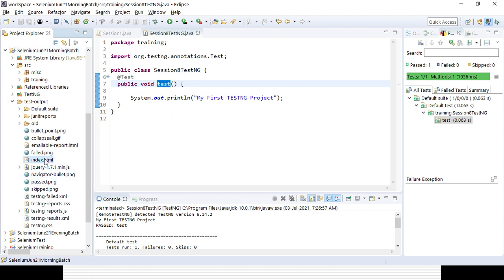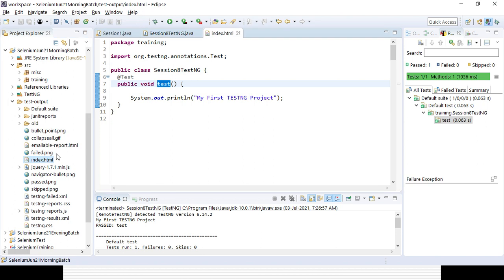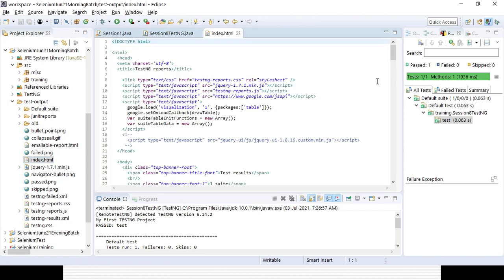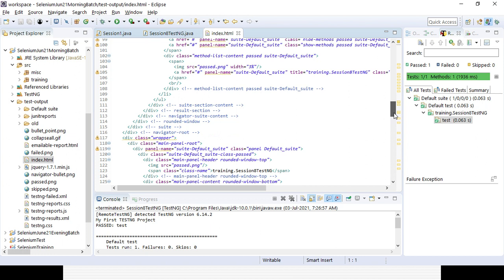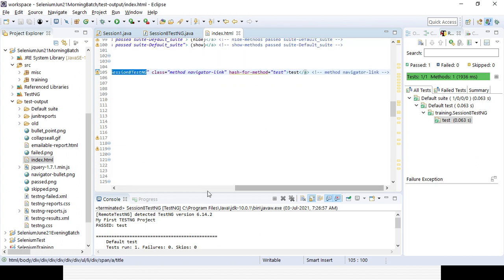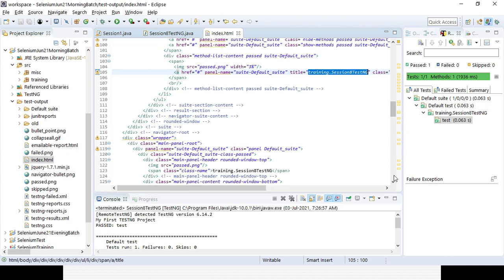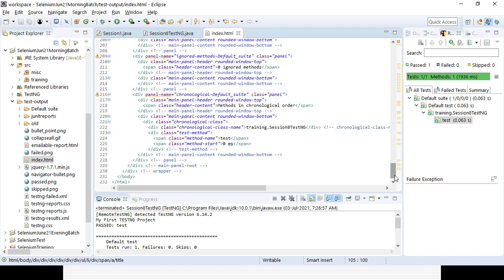So if you click on the index.html, you can get a holistic picture of how many test cases run and how many test cases failed, everything, and what is the total time taken. So that is the beauty of the TestNG framework, right. You can see, if you expand it, that is the suite levels, that is the titles of the class, everything you can get from that. Detail levels of the TestNG.